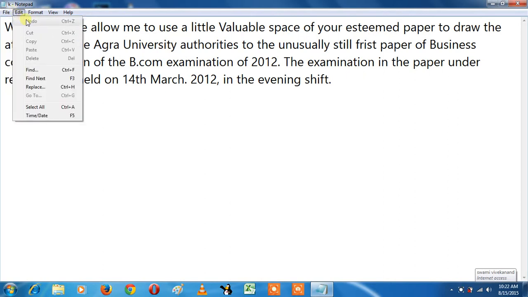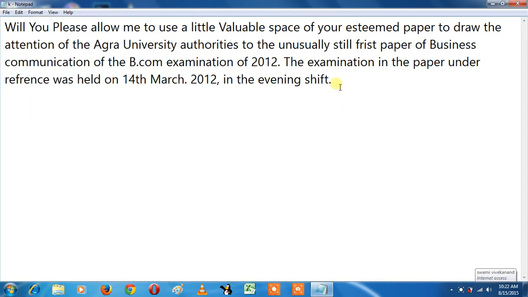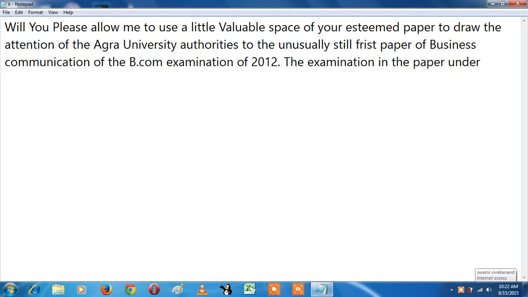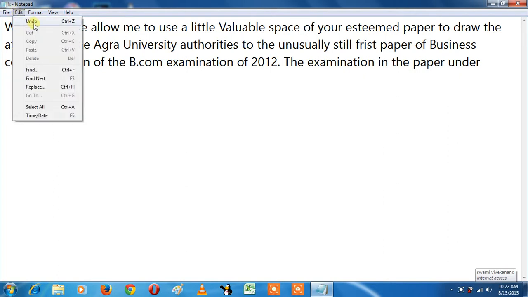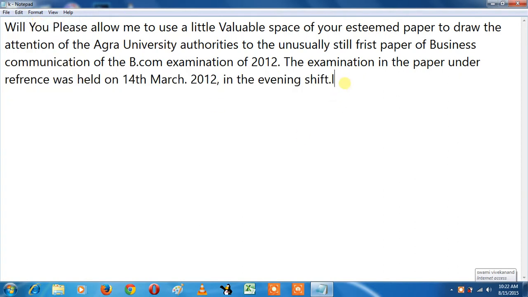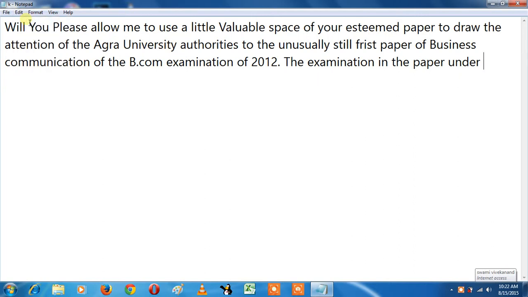So what is Undo? Undo means if something went wrong in your document while you were editing, you can resolve this problem. For example, if I delete my data by mistake, it will come back with Undo. And if I typed something, it will be removed by Undo.